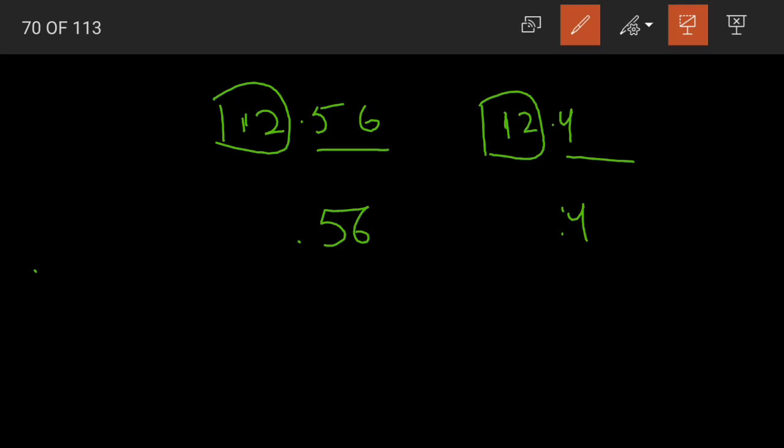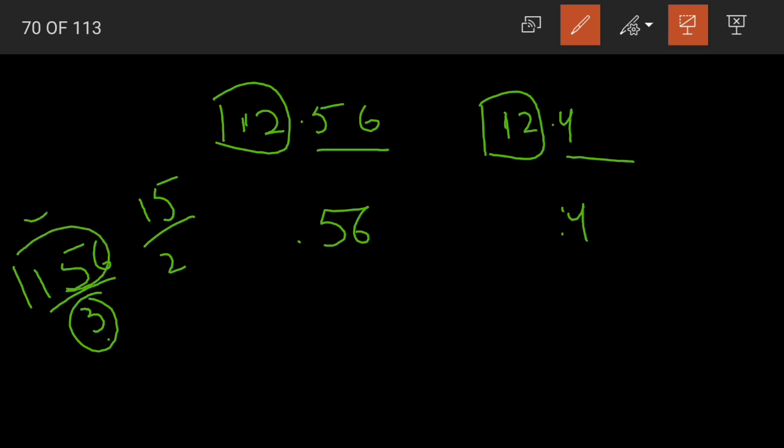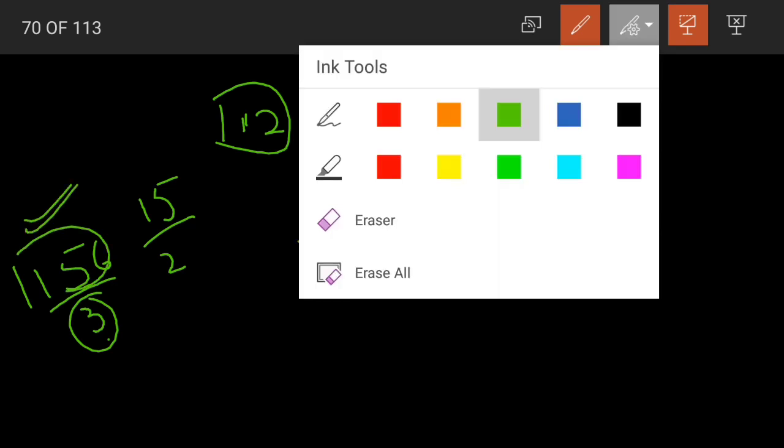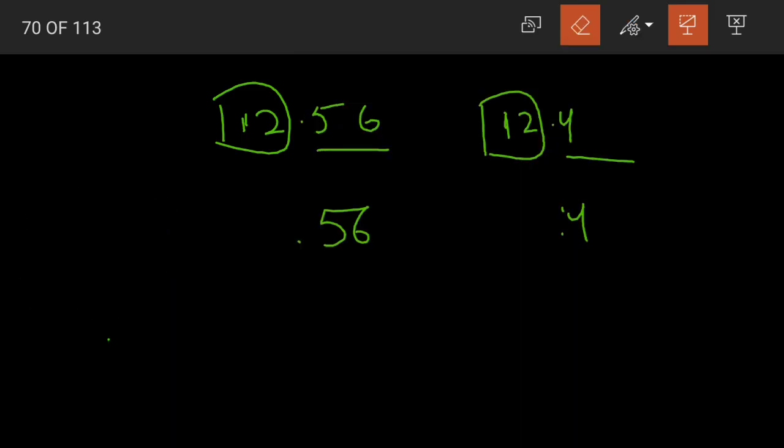See, just now previously we discussed that when you are comparing two whole numbers, then you will count the number of digits. It has 3 digits and 2 digits. Yes, see, this is a 3-digit number, so you will say that it has more digits. So 156 is greater than 15. But in decimal numbers it's not the case. In decimal numbers it's not the case. We can convert this one decimal place into 2 decimal places by adding a 0.